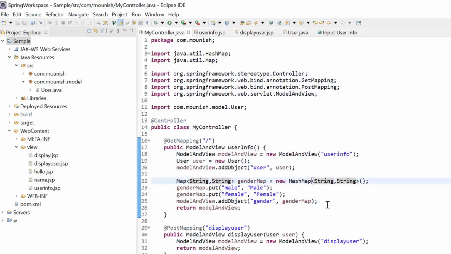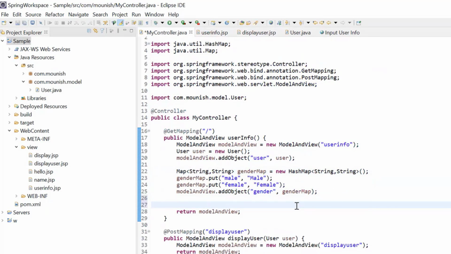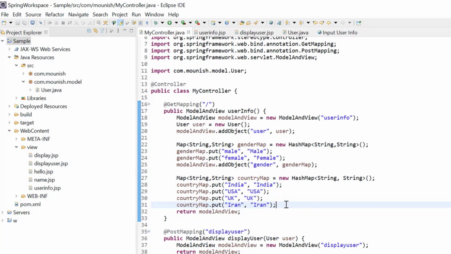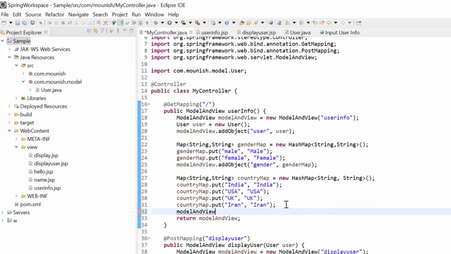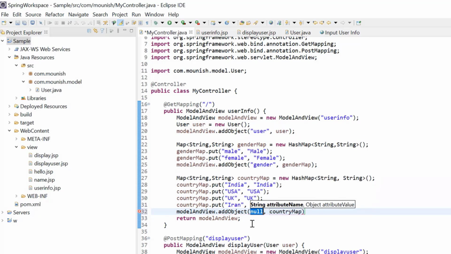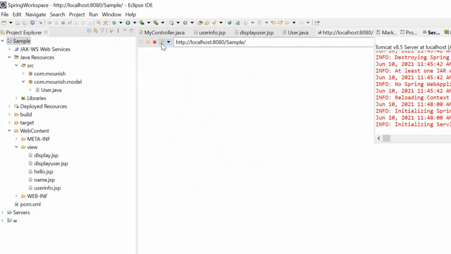So first let me create some country items. For this, what should I use? For country, same thing, Map of String, let this be a country map, with smaller than 4 letters, that will be better. Okay, now the next thing is, everything is done, add these objects. So I must add these objects. Remember, I have already given the string as country. Done.